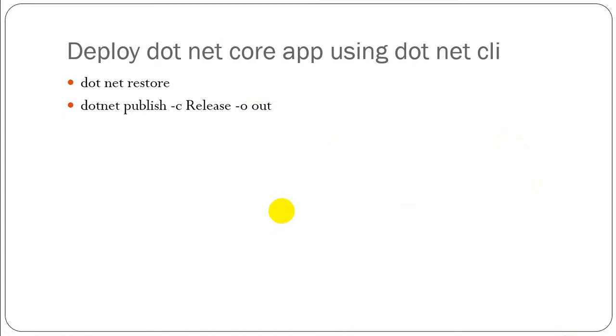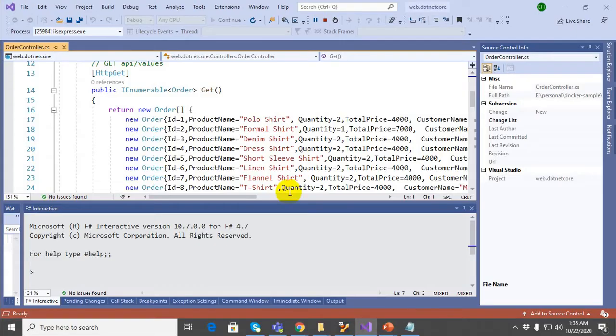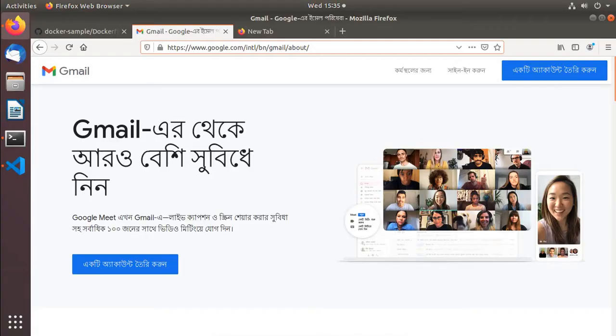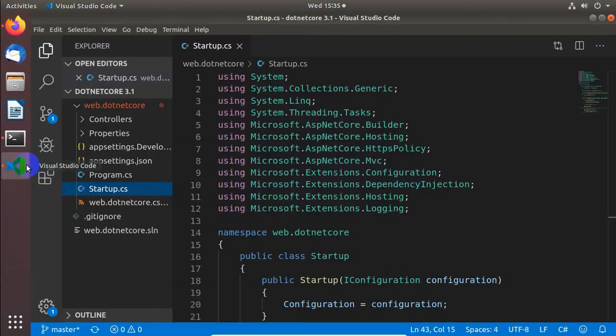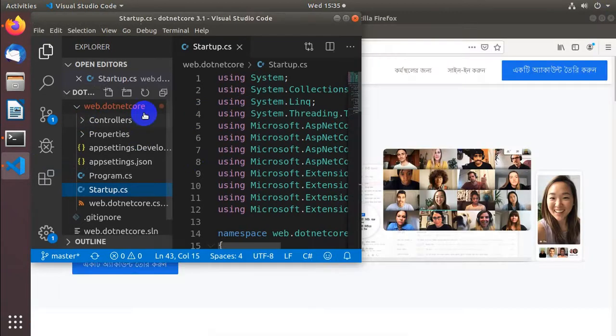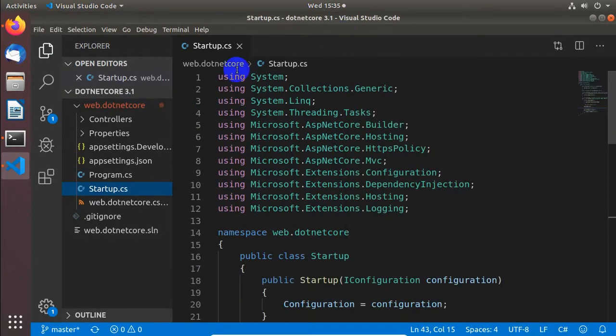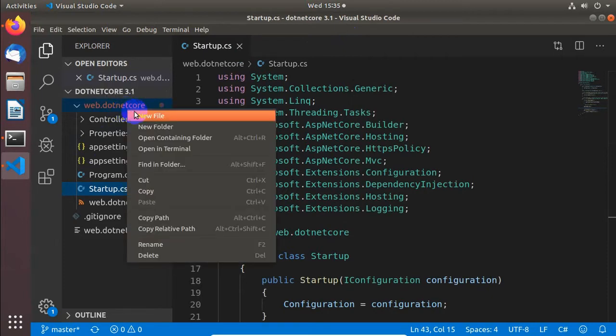Okay, let's create the Docker file. So this is my project root directory. Here I am going to create a Docker file.